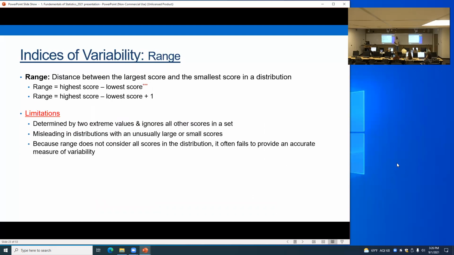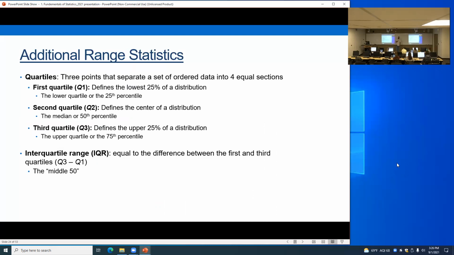Range is pretty straightforward. Anybody have questions about range? All right. Additional range statistics. These are going to start to become important when we get into box and whisker plots. We're going to work with a lot of those because they're really nice and provide a lot of good information on a lot of things. But basically, all of you clinical folks who are working with Terra right now in assessment, you're going to be working on a lot of these range-based statistics, talking about quartiles. Think about median, and now you think about quartiles. These are